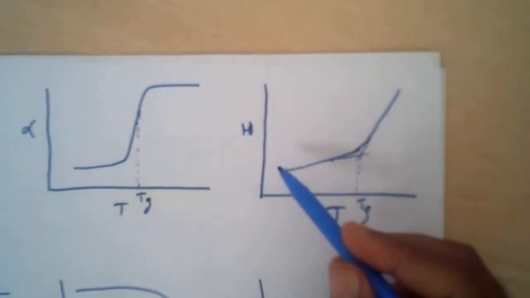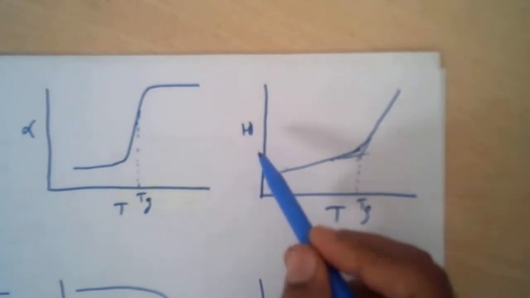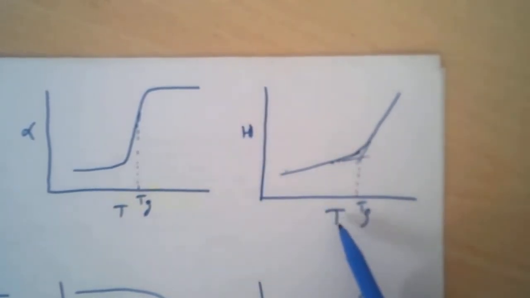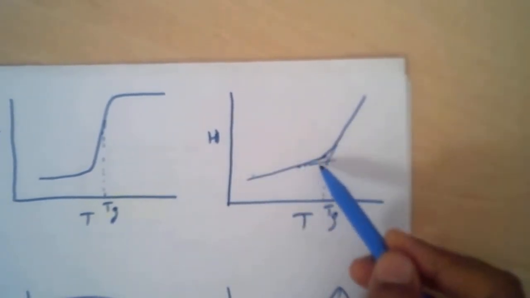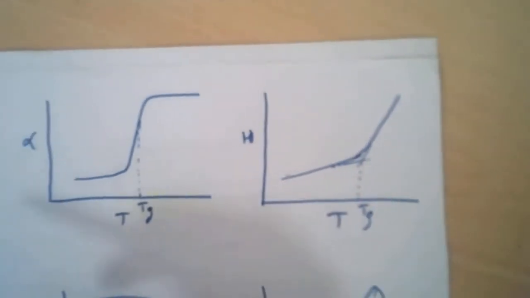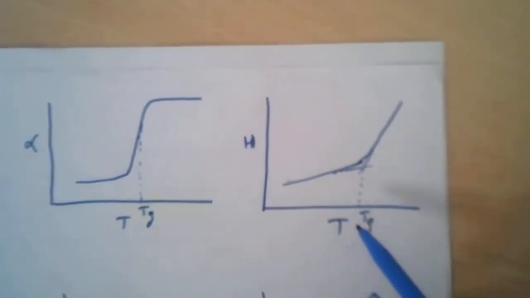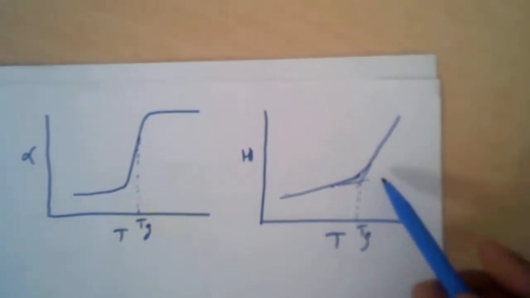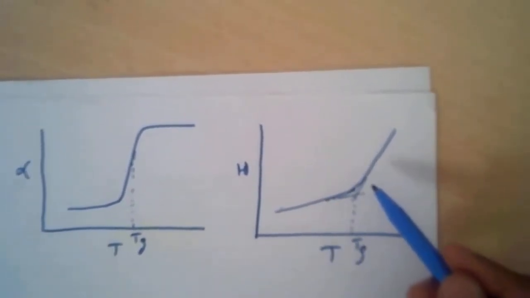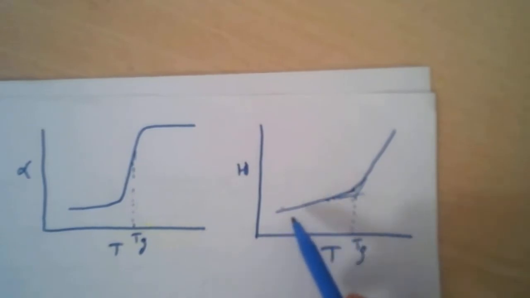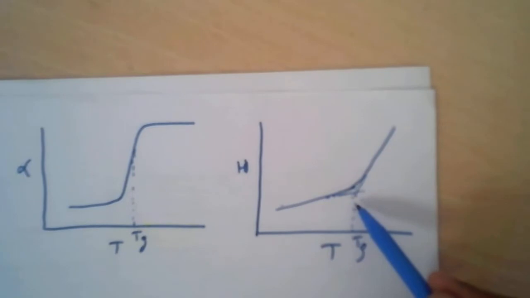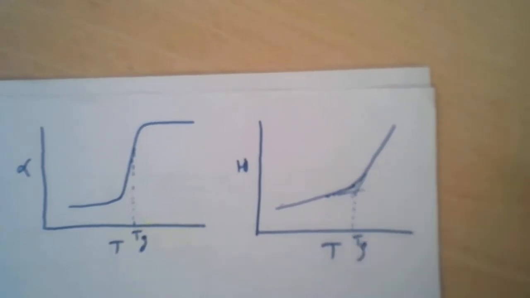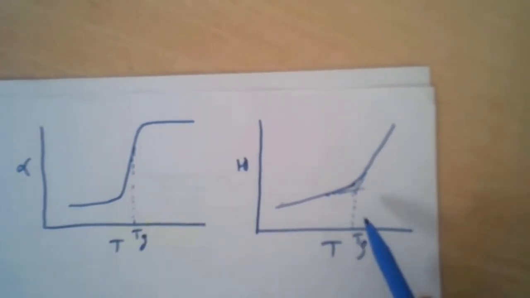If you see here, in this case, this is enthalpy versus temperature, then here also you will get this kind of curve similar to V versus T, here H versus T. The enthalpy versus temperature will also have similar behavior, both the volume and then enthalpy. So here also you can see there are two slopes, and wherever they intersect we call it glass transition temperature. It may not be very sharp,